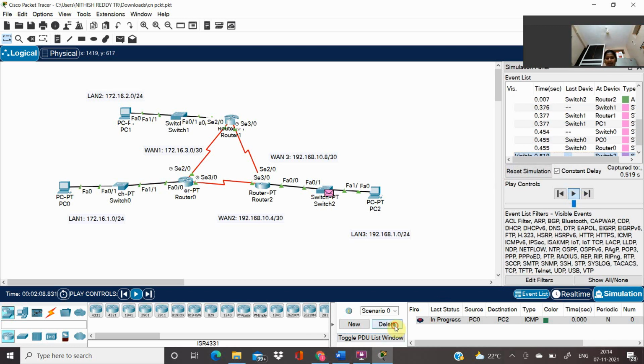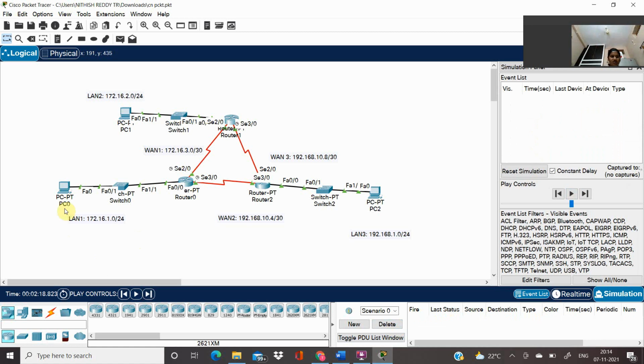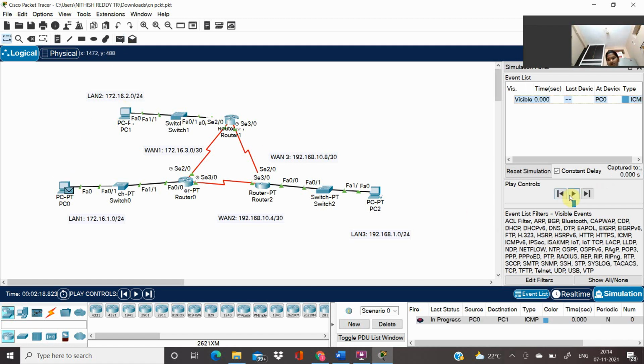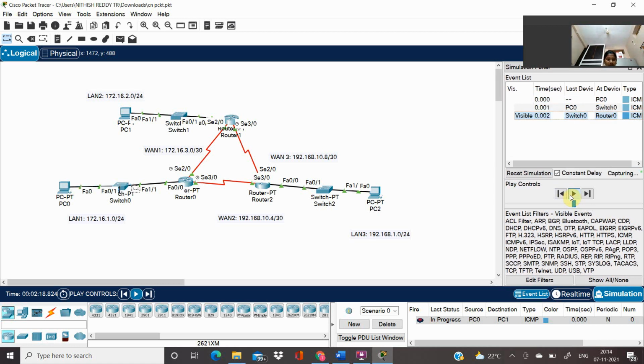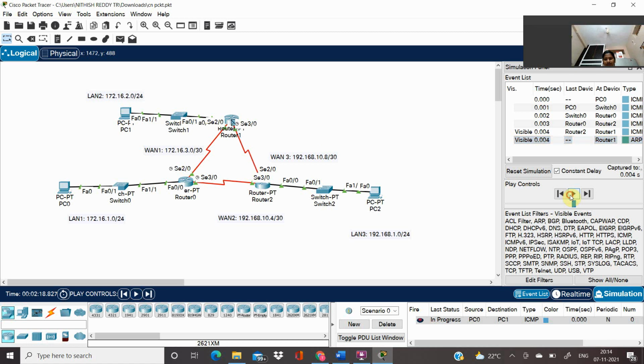Let me do it again. First let me do from PC0 to PC1 in simulation mode. From PC0 to switch 0, from switch 0 to router 0, from router 0 to router 2, then from router 2 to router 1, from router 1 to switch 1, and from switch 1 to PC1.